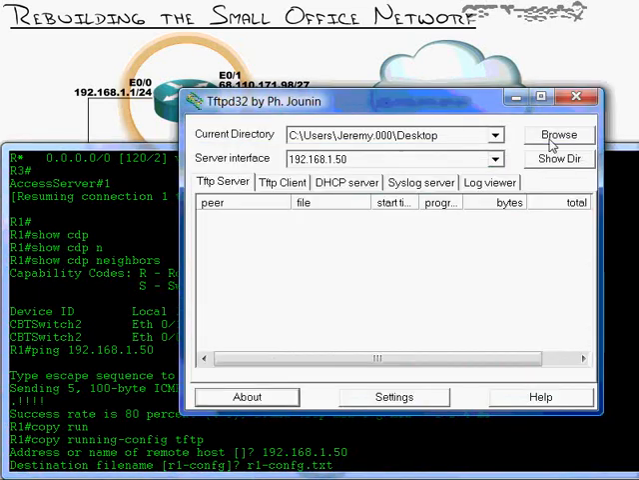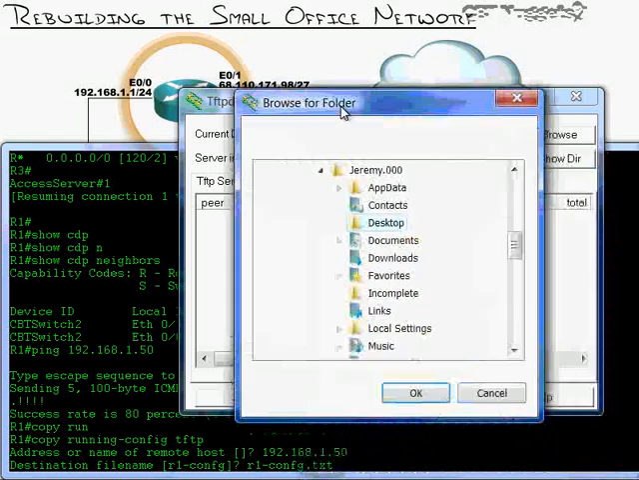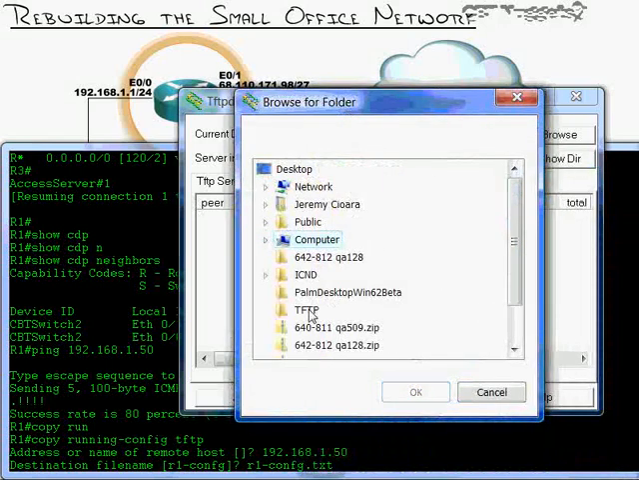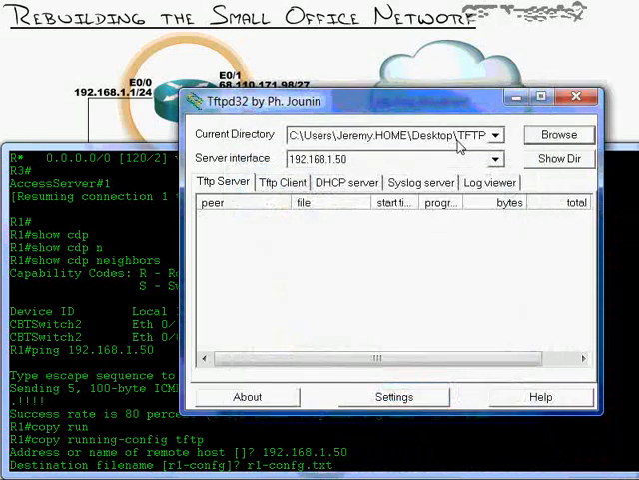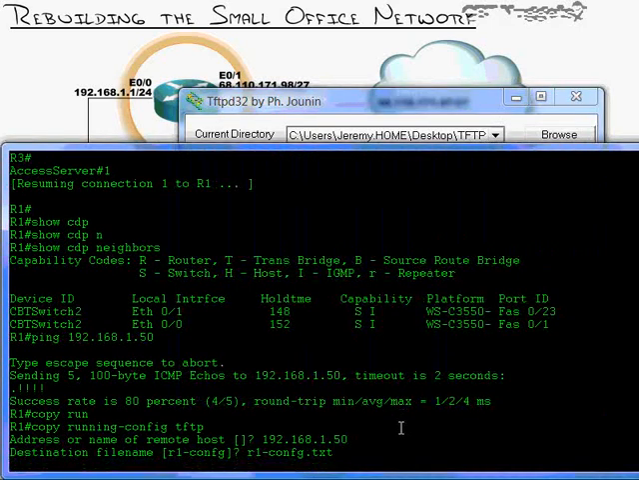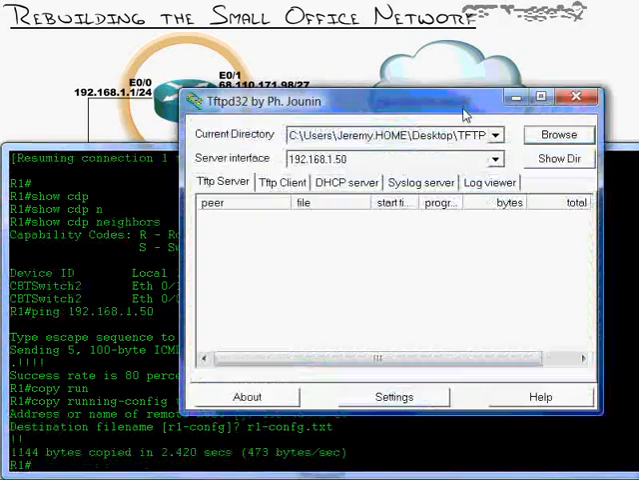r1config.text. And actually, before I do anything, I'm going to change the directory that TFTP is pointing to a folder on my desktop called TFTP. Otherwise, it just throws files all over my desktop. So I've got TFTP as my destination folder. That's what I'll name it. Enter. And